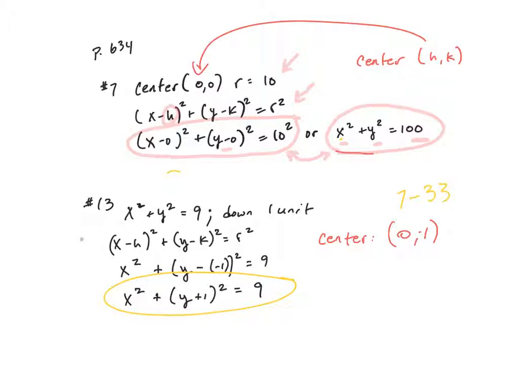So I know that I can replace my h with 0, and that gives me x squared plus y minus a -1, which gives me y plus 1 squared. And then my radius didn't change, so there you go. This is my final answer, x squared plus y plus 1 squared equals 9. And those are some very simple examples. And if we go to the next example,